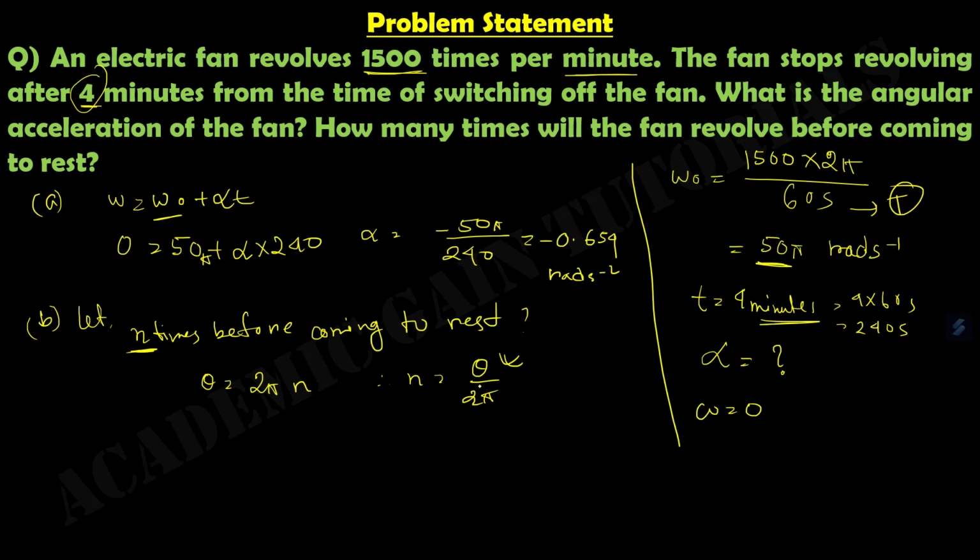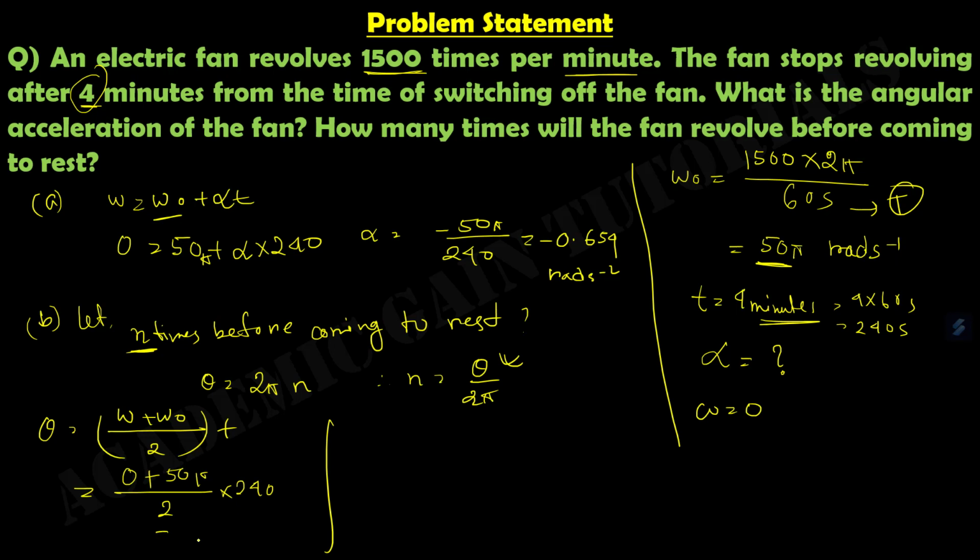Now we have to find out theta first. For finding theta, we know the equation is theta equals (omega plus omega naught) by 2 into t. Here the final angular velocity is 0, our initial angular velocity is 50 pi, and the time equals 240 seconds. If I calculate all of this, we will find the value equals 6000 pi,